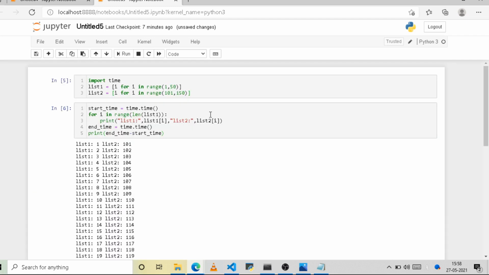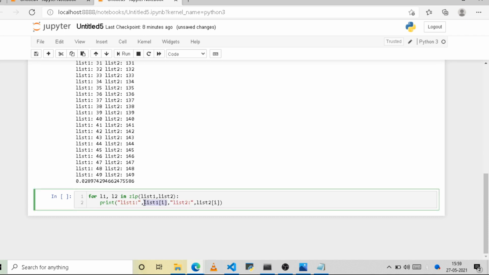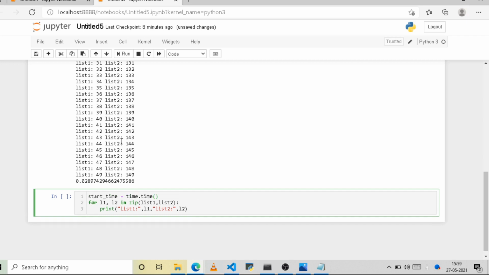Now I'm going to use this piece of code everywhere. L1 and L2, and let us try to capture the start time and end time.